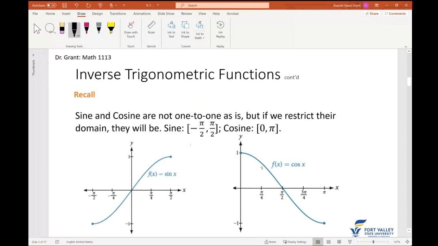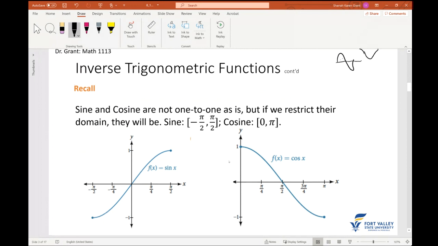Now, when it comes to the inverse, recall that the functions must be one-to-one. But if we look at the standard graph of sine or cosine, recall that it's periodic. For sine, it looks like this, and cosine looks like this. Notice if you do the horizontal line test, the functions may fail. But if we are able to restrict the domain of the functions, then we are able to get